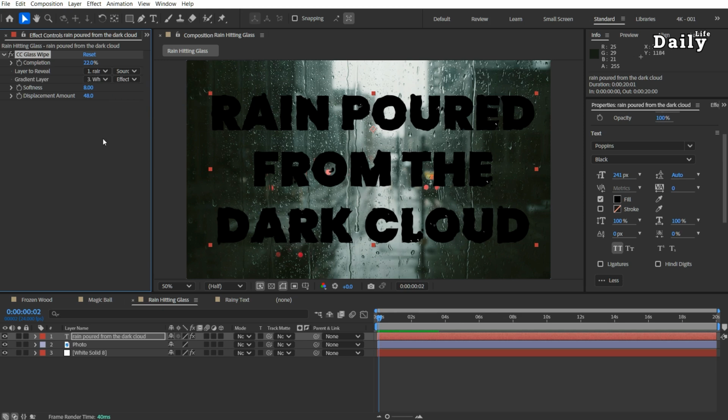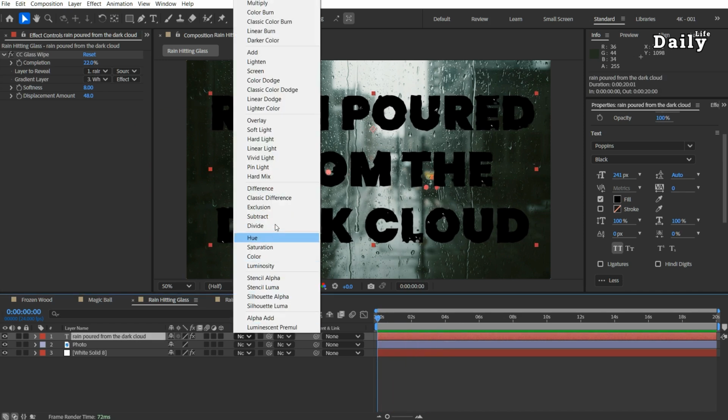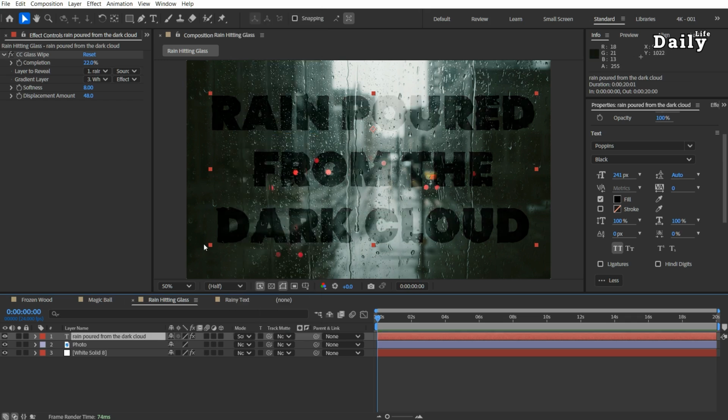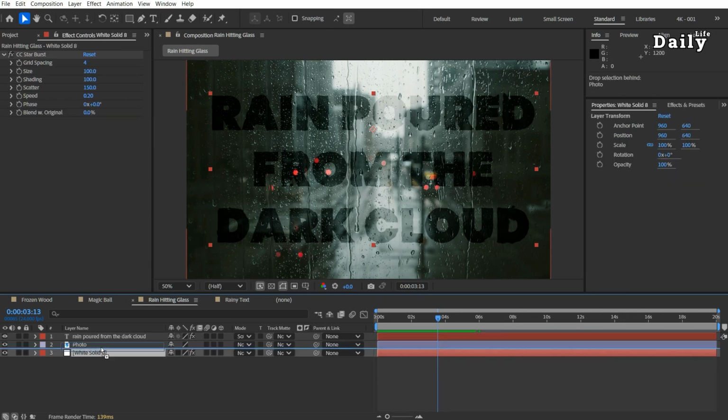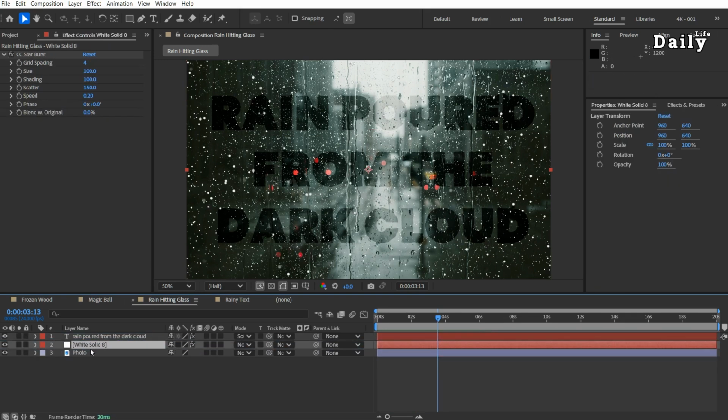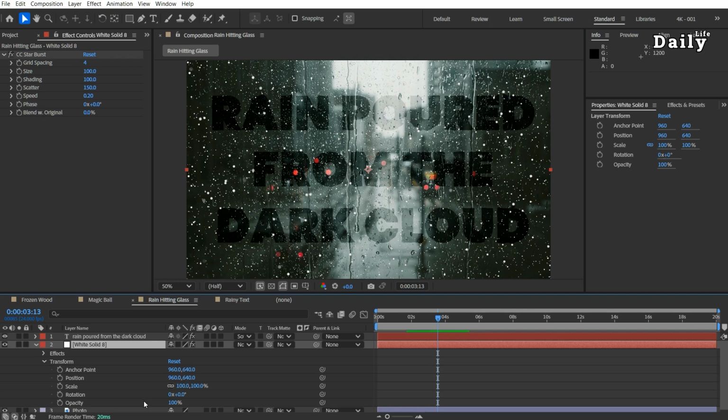Leave the other parameters as they are and preview. For a better result, change the mode to Soft Light and preview the scene. You can also move the white solid layer up and reduce the opacity to simulate raindrops falling on the text.